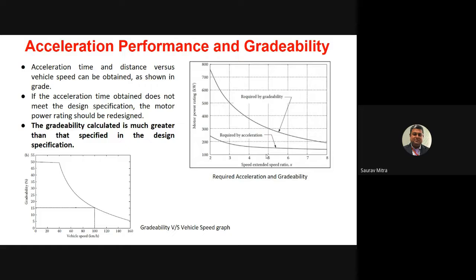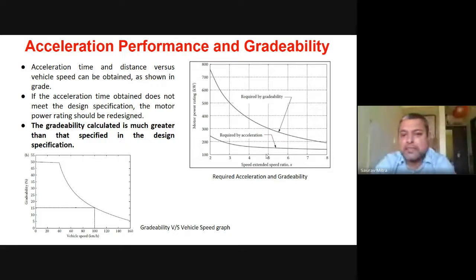So these three graphs, in the previous slide and this slide, are the heart of designing the torque for acceleration and the torque for gradability. Generally there is confusion in understanding these graphs, because you have to understand other parameters at the same time: what is base speed, what is extended speed ratio, what is gradability torque, what is acceleration torque. You have to understand these three graphs very well, and I think they will be asked in the exams also. So please prepare these three graphs very well.